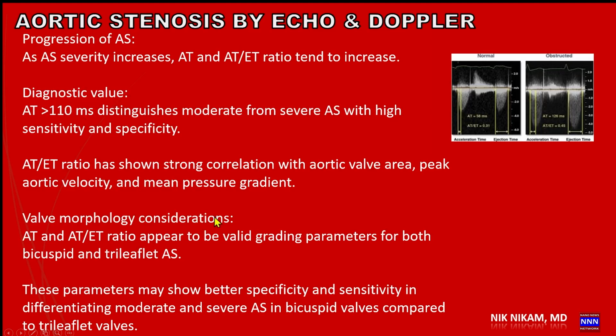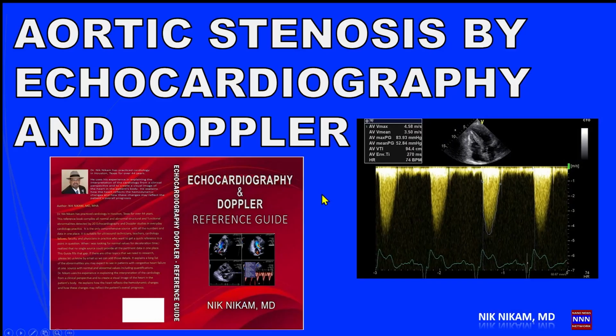You can just pause this and read it, because this is one more additional feature that is available. This is more for follow-up of patients who do not need immediate intervention after the diagnosis of a moderately significant aortic stenosis. So ladies and gentlemen, this is a quick synopsis of the aortic stenosis by echocardiography and